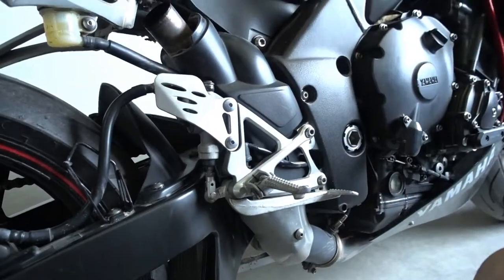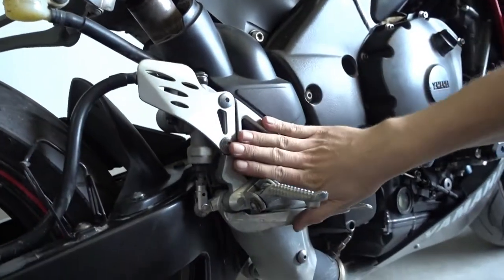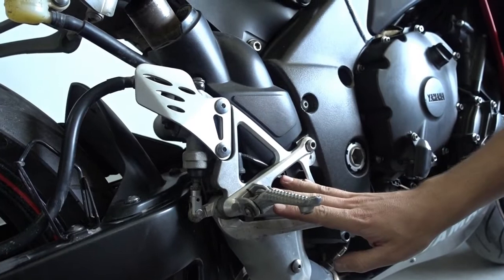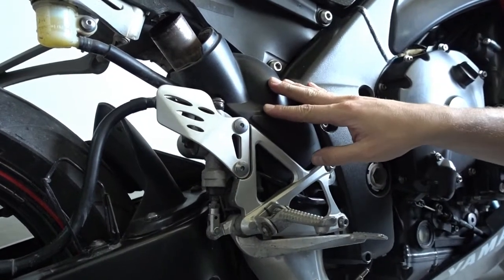Okay, so we removed the mufflers. Now we want to replace the catalytic converter and the rear sets against our parts. If you don't want to do the rear sets, you still have to take them off if you want to do the catalytic converter. It's all locked together. So the very first thing you have to do is,